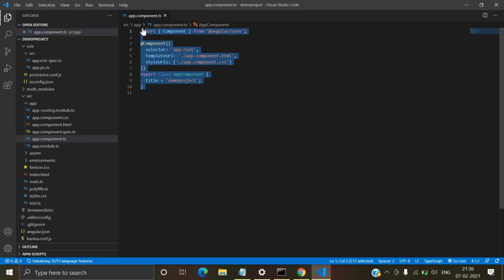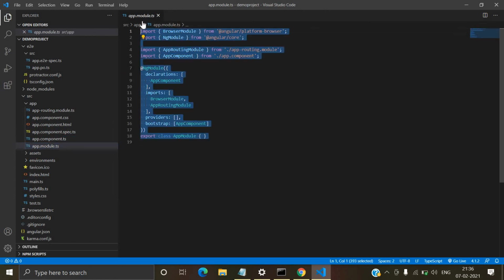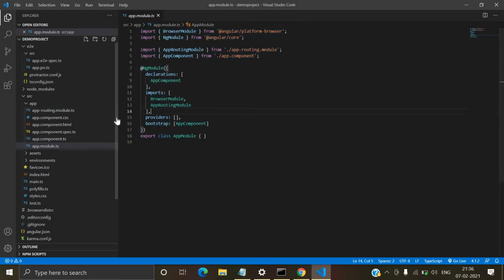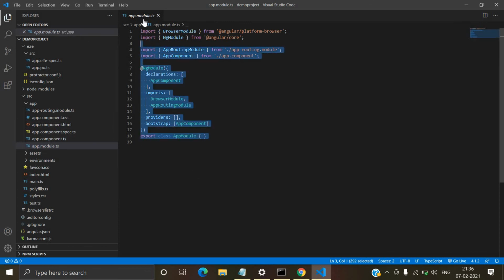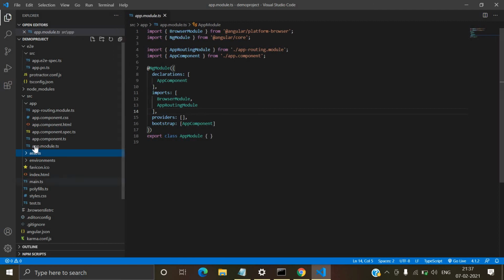So this file is important. In this file we will write only business logic. Let's move on to app.module.ts. This is a group of components, decorators and modules, right? So this is a very important file. All of those files are held inside this file, app.module.ts. Let's move on to the assets folder. If you want to use any images or icons, you can store them in this folder, and environment.ts.